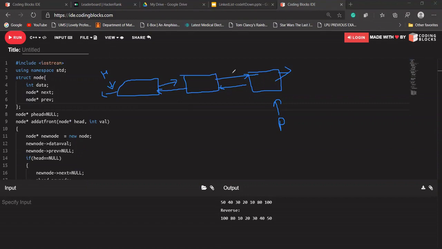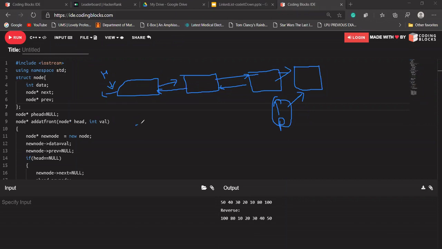Saichand, you are asking, so this time our p head is pointing to this node. Suppose I want to add something to the last of our linked list, so now our p head should point to this node. So our p head should also be updated, because we want to add something to the last of our linked list. This time we have been given a p head, so there is no need of iterating through the loop, head equal to head's next, until we reach our last node. Directly we are keeping track of this p head.